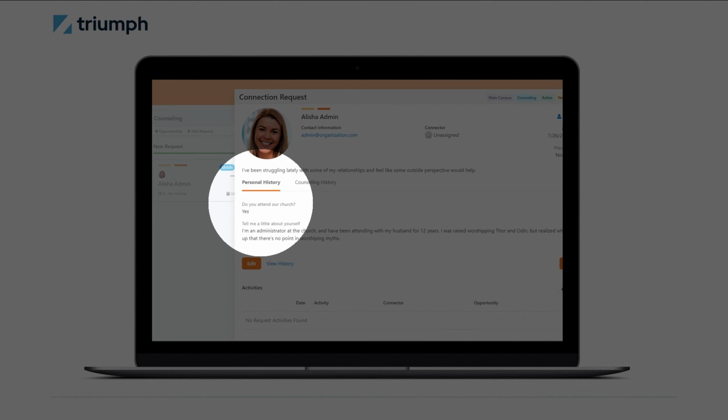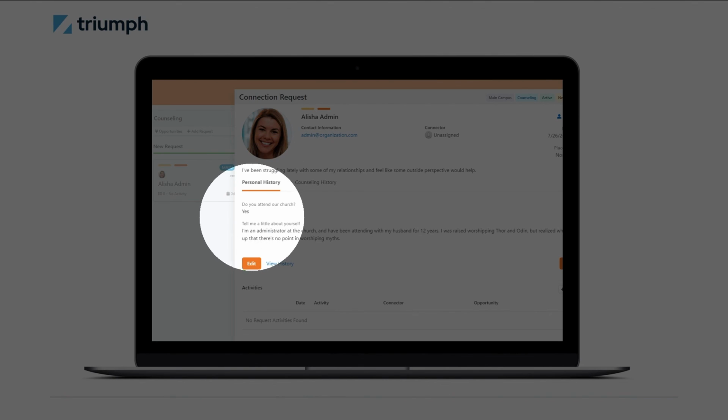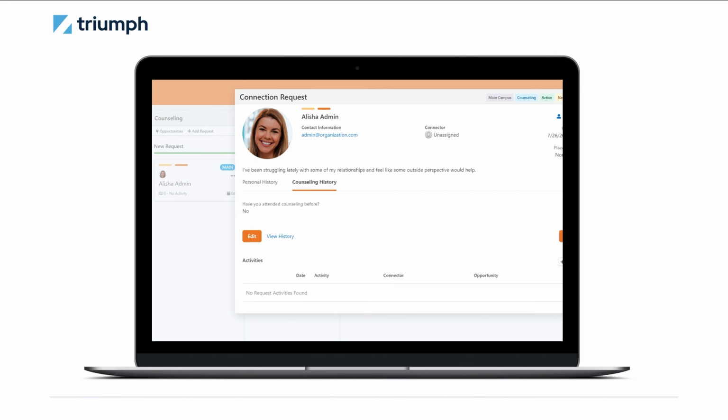And since we had those categories of personal history and counseling history, the connection request is even going to categorize those attributes that they filled out into tabs on the connection request. So we can look at personal history, and here we've got, do you attend our church? Yes or no? Tell me a little bit about yourself, and whatever they typed in there. And then if we click on counseling history tab, then we see the answer to the question that they provided for, have you attended counseling before? So those headers show up when we are requesting the information, and then they're even more useful for our staff on the internal side when we're looking at that request that got created